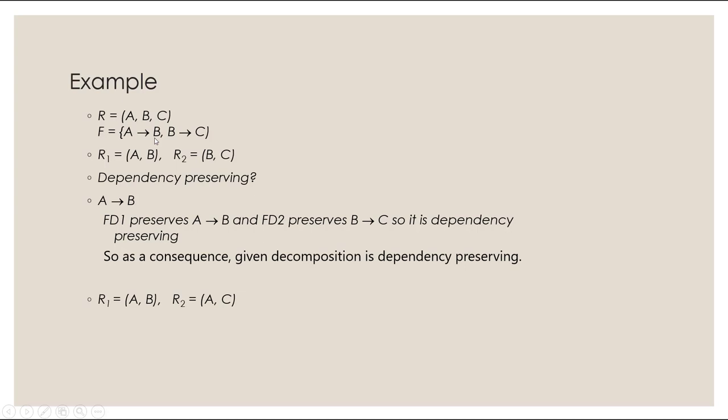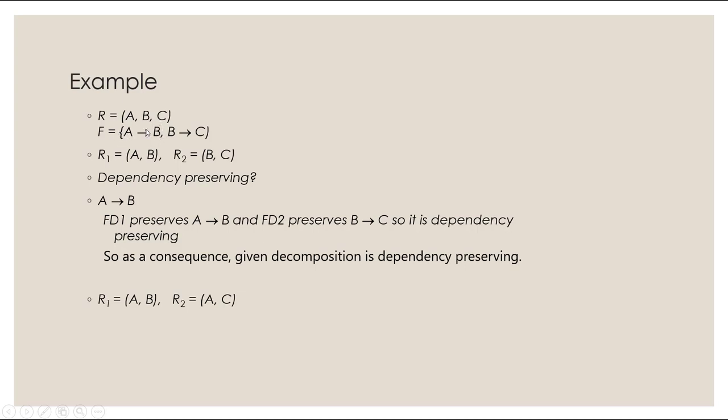A determines B, so AB appears in R1, so it was preserved. This one is a little bit tricky. It'll make more sense as we discuss different axioms next week. So B determines C. We're not seeing B and C here or here, so it's kind of safe to assume that this one was lost. But if we actually look at both of these, if A can determine B,